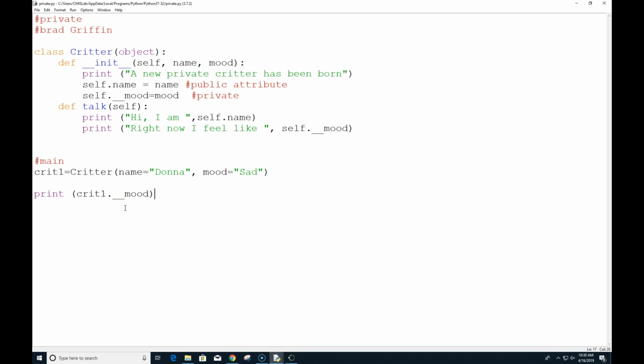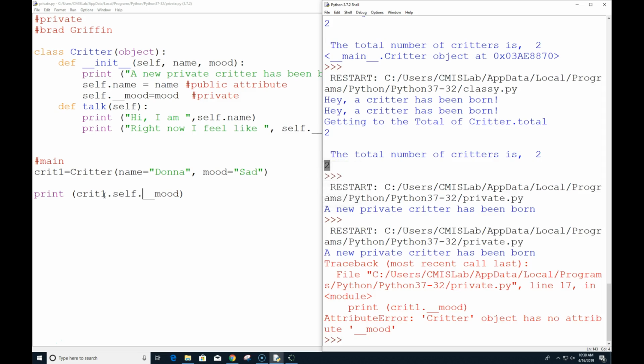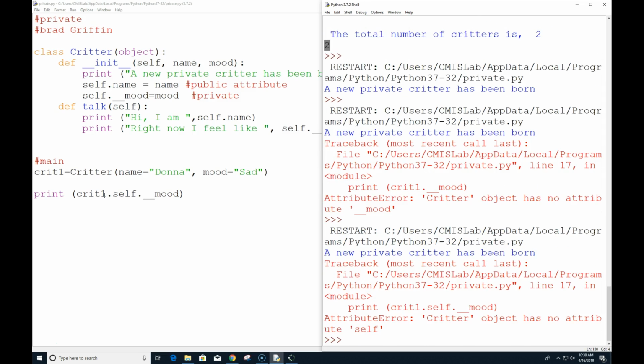Do you think that would make a difference? Let's try it. If we put in self.mood, so you think you need to do it like this? We can try. I'm just trying to get the value of mood back out of it because we passed it in. I'm just trying to figure out how we can get that mood back out of it. Is there an easy way to do that?